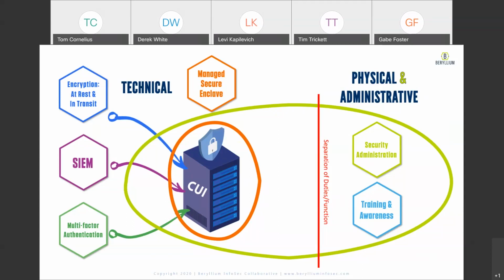So now we're talking about the physical and administrative side of the requirements. So the security administration, training and awareness, policy and procedure, updating your SSP, your POAM stuff, and how that can become one programmatic aspect around the system to reflect all of the policy and procedures on how you have it built. And you have those two functions working together, right? Versus that being one person who's carrying basically all of the risk for your organization. So if we go to the next slide,